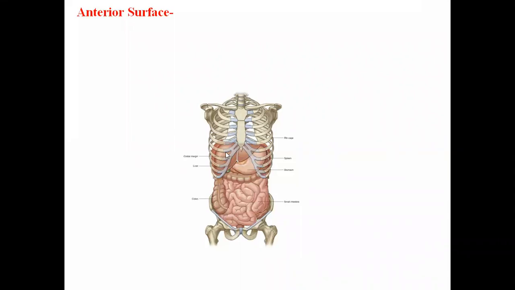So let's see the anterior surface of the liver. This is how it looks. You see the stomach is related, right? The stomach is placed posterior to the liver. The liver is almost covering the stomach, and it also covers the right bend of the colon, right? It's the right colic flexure. It's almost covered by the liver.